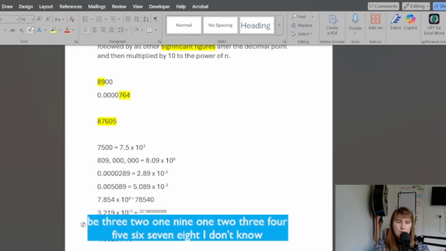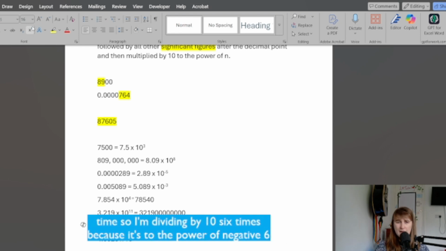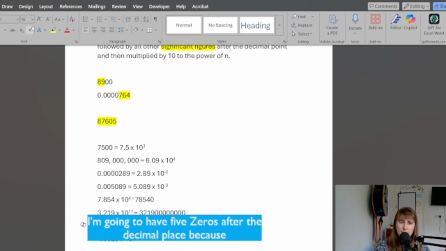I don't know why that's gone little. We don't want that. We're going backwards this time. So I'm dividing by 10 six times because it's to the power of negative 6. So I'm going to have 5 zeros after the decimal place, because once I divide it once, I'd have 0.1, and I divide it another 5 times, so